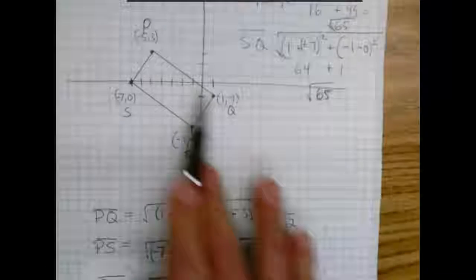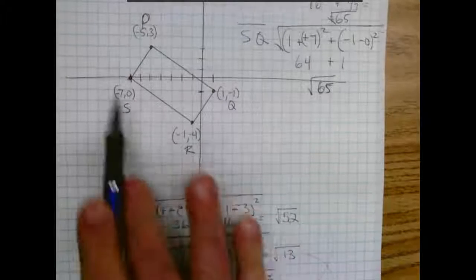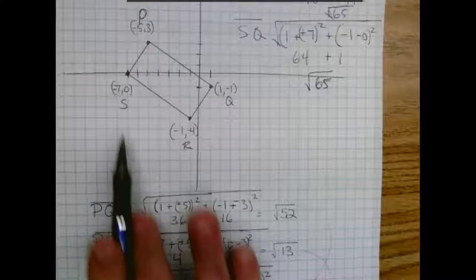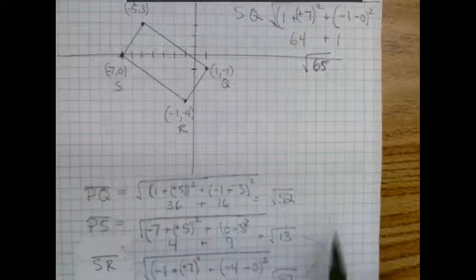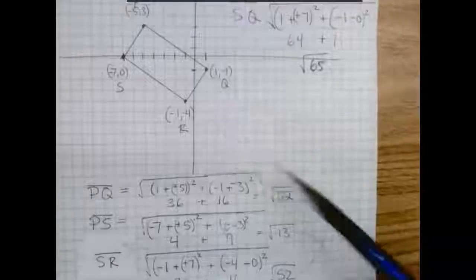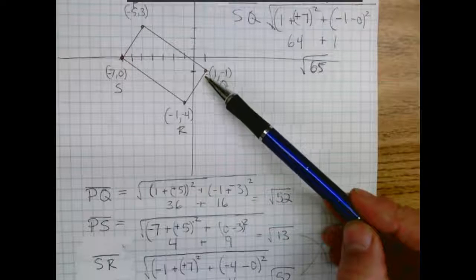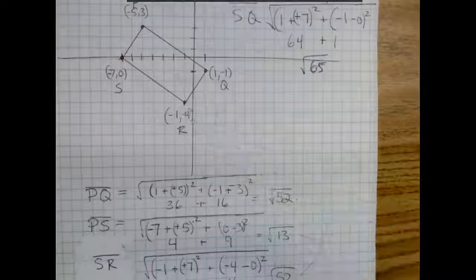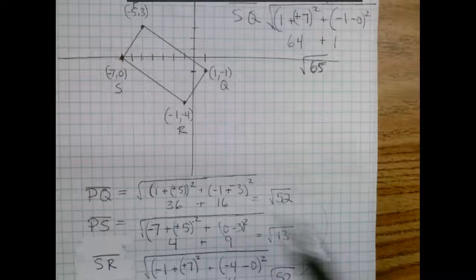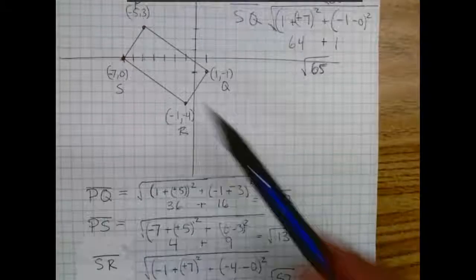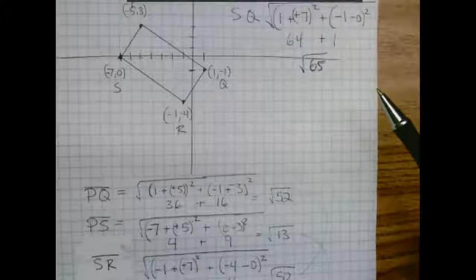So PQ is equal to square root of 52, and SR is equal to the square root of 52. They are congruent. And then we also have QR, and that's equal to square root of 13. And then we have PS, and we have square root of 13. So they're good. And then we just do diagonals and figure out what they are, and then we got 65